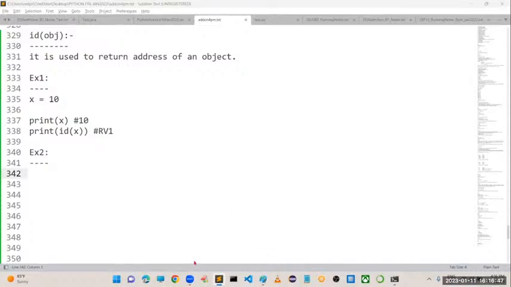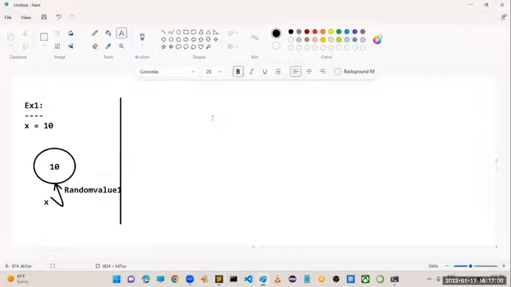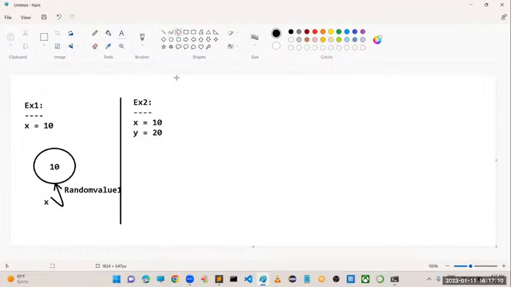Yes, so example 2: I'm taking x is equal to 10 and y is equal to 20. What will happen?